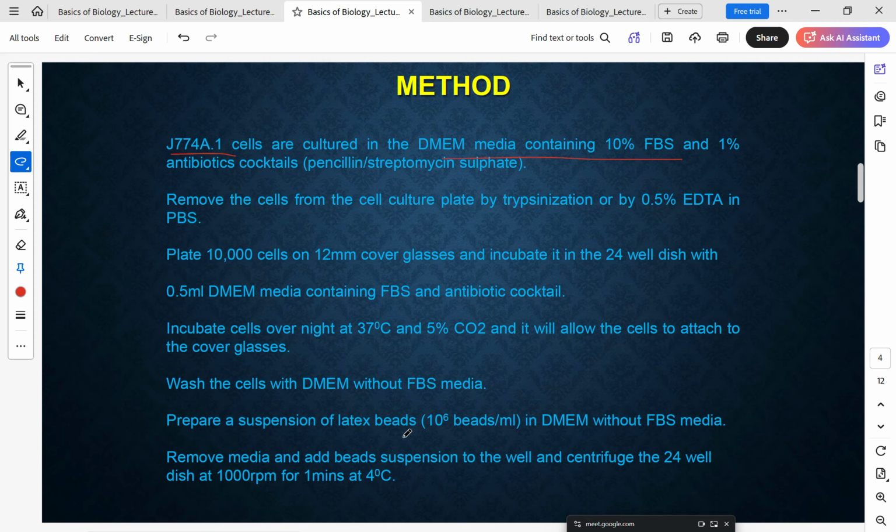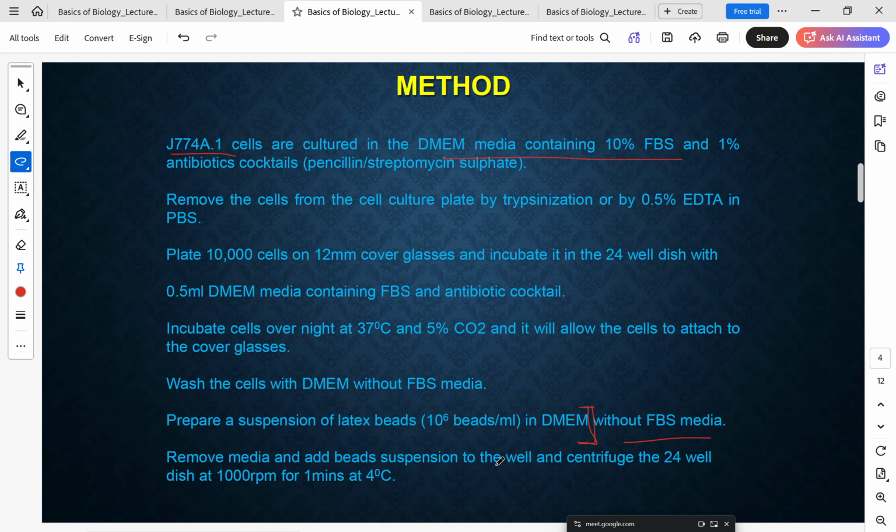Once they have adhered, you prepare a suspension of latex beads in DMEM without FBS media. This is just the basal media. Because there is no serum in the media, the cells are serum starved, and because of serum starvation, they'll take up the latex beads even faster. Then you remove the media, add the latex bead suspension, then you centrifuge them